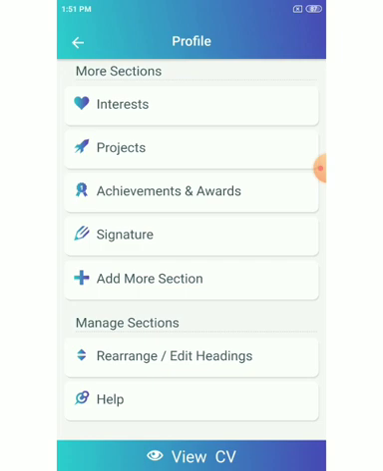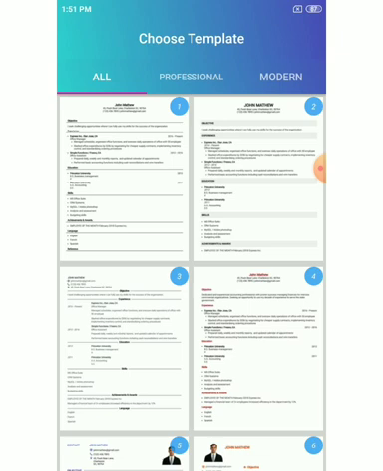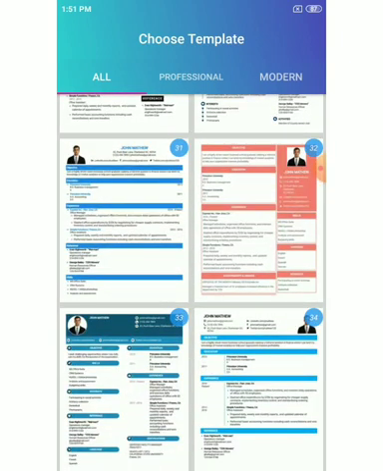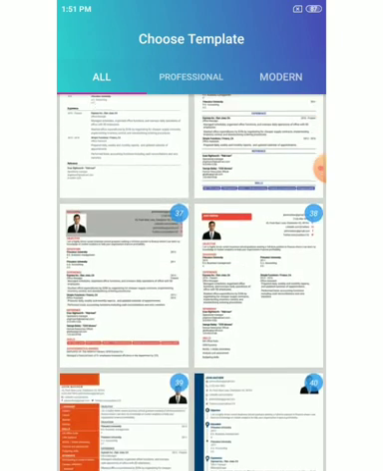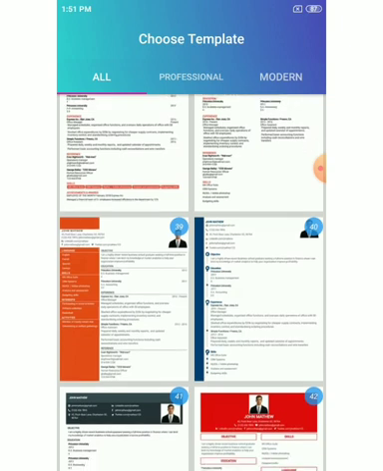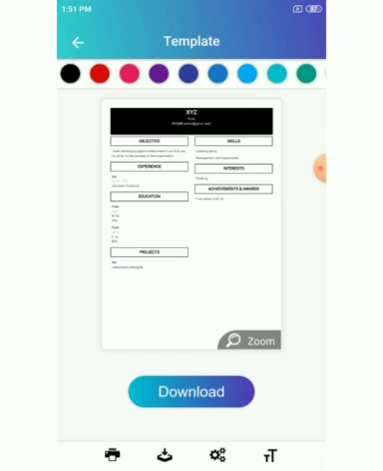So click on the bottom line, view CV. View CV. Now a very important point comes, choose template. Template means how your CV will look. There are 42 templates available. If you scroll down, here are 42 templates. So how do you wish your CV to look? There are various different ways and types given. These are called templates. So see which template you wish. Let's say we will choose number 42. Now I have chosen 42 and my CV will look this way.